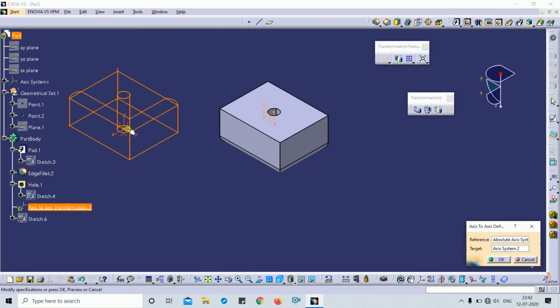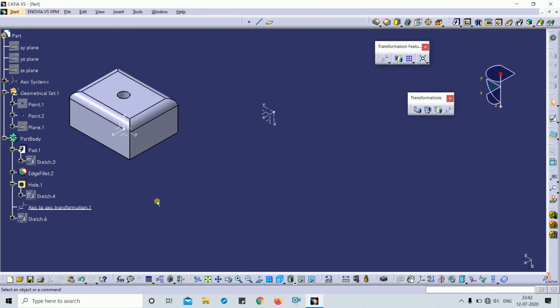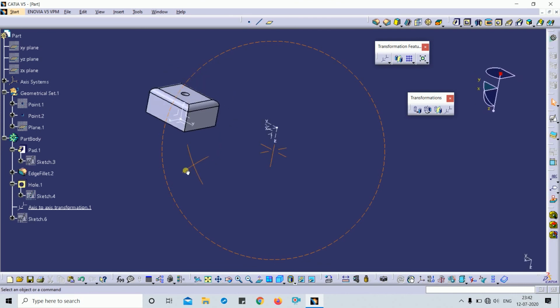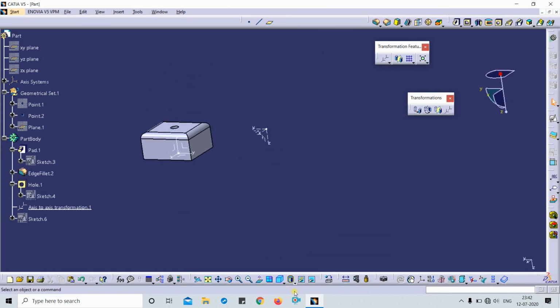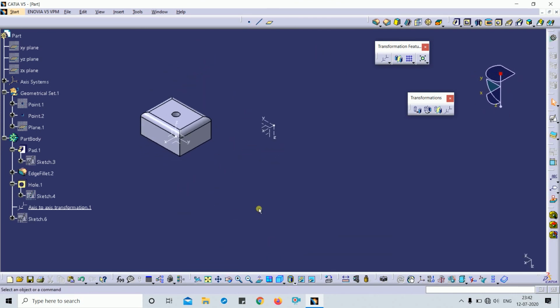So I select the target axis, and you can see the result. That's all about this transformation feature toolbar.